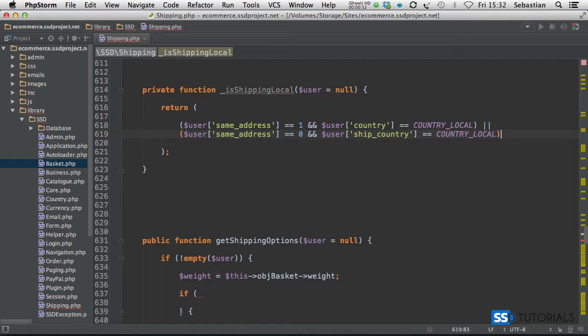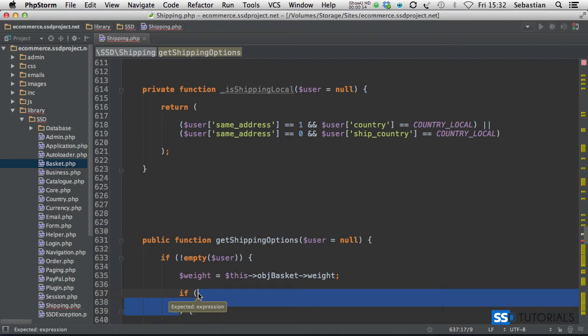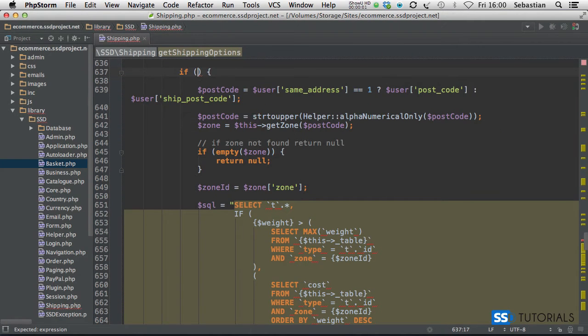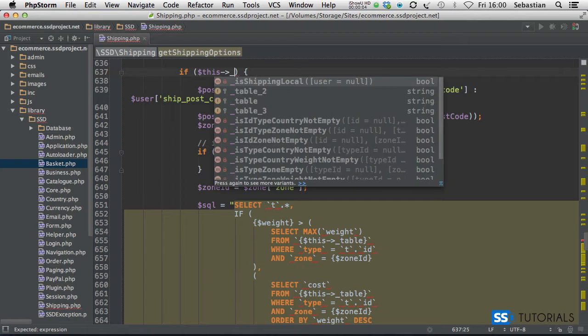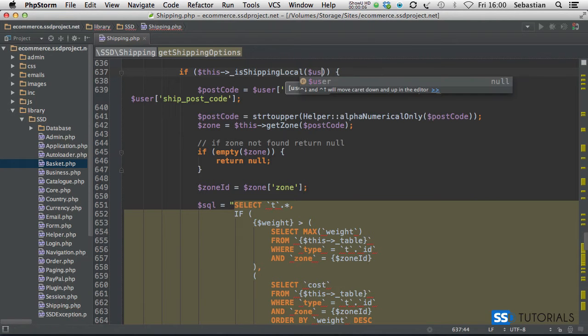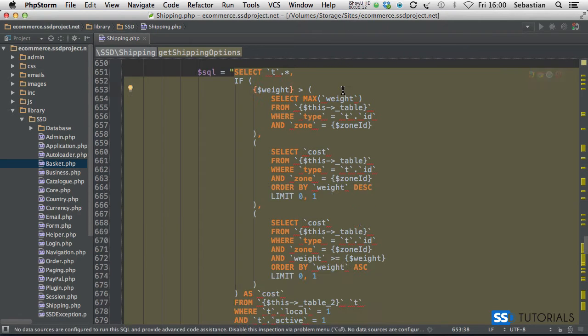And now inside of this if statement, if I scroll up a little bit, we move it onto one line, and now we can use our new method isShippingLocal, passing the user as parameter, and that's so much clearer obviously. If we now scroll down to our SQL statement and replace the weight with a question mark,